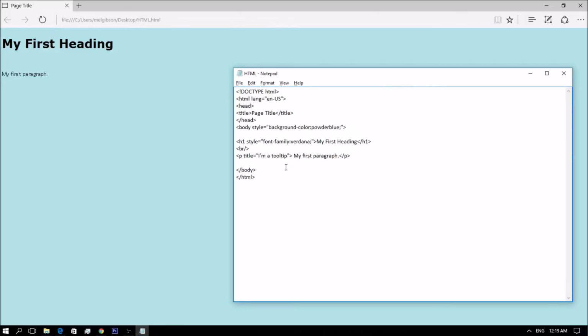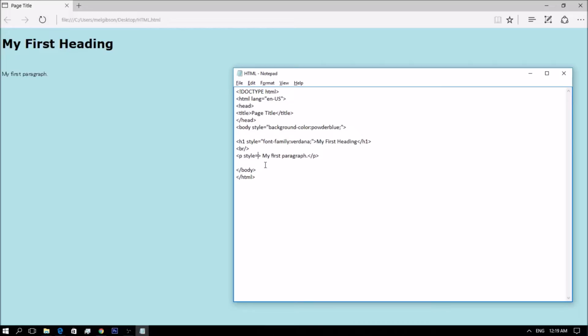Next, we have the HTML text size. So the font size property defines the text size for an HTML element. So I will change this into style.